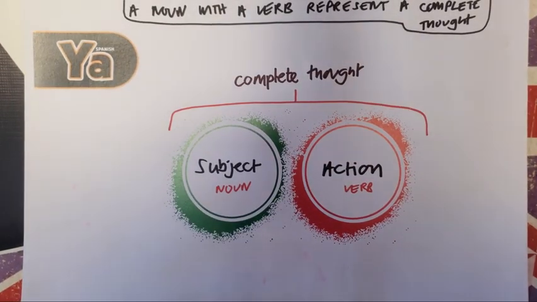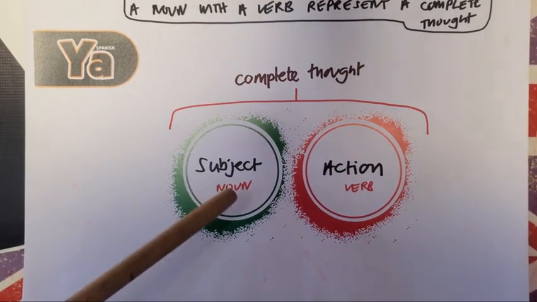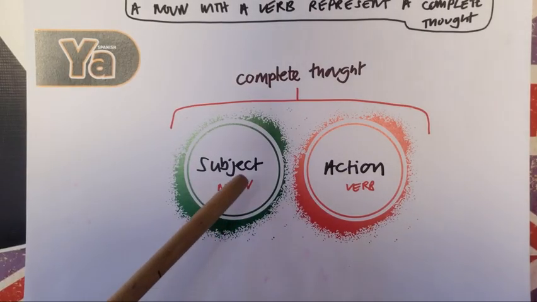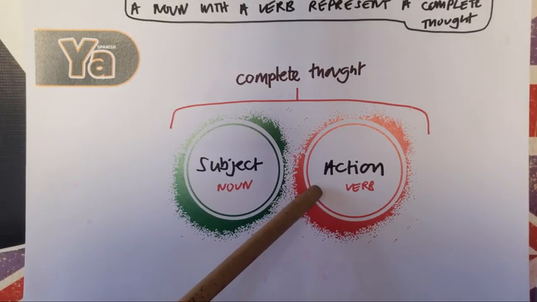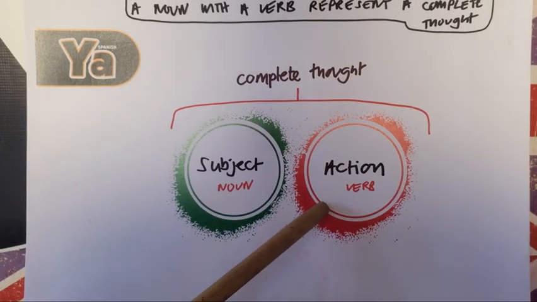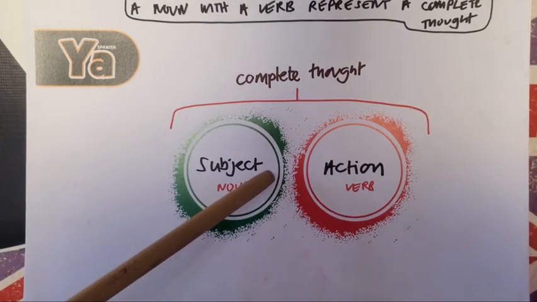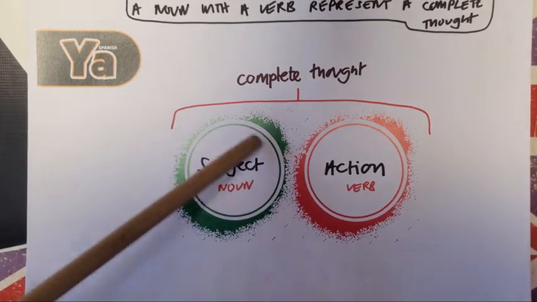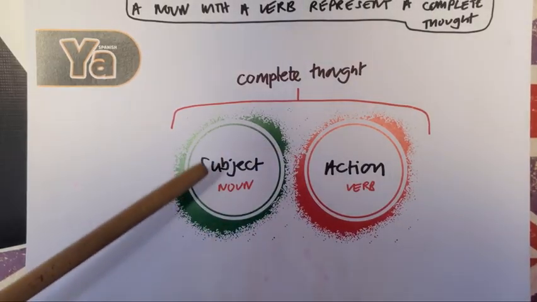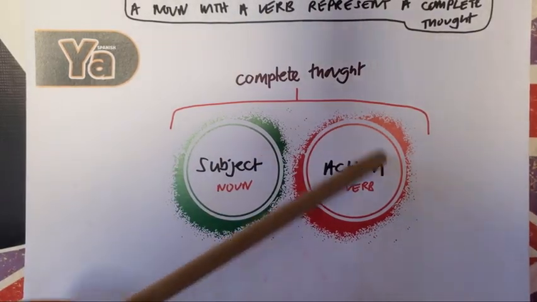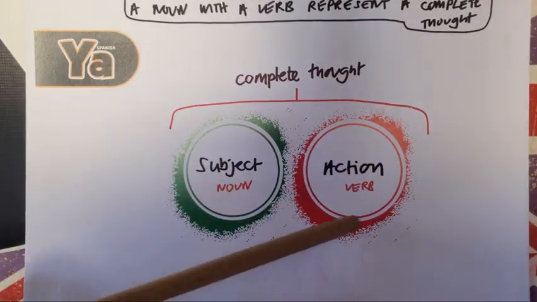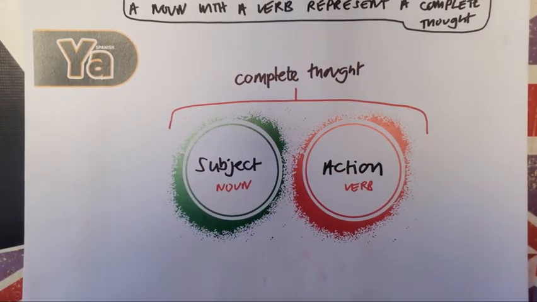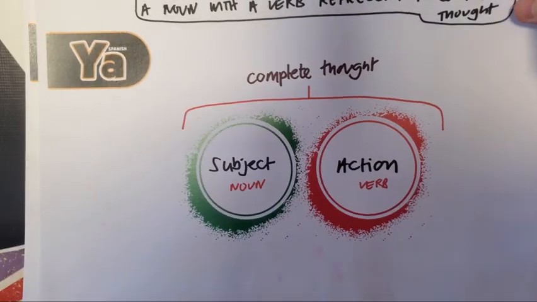Remember, of course, that most of what we say has a subject, for example, Pepe, and it has an action, which, in this case, we've chosen the verb to cook. A noun substantiates an idea. The idea is Pepe. And then we have the action. What is Pepe doing? Pepe in this term is cooking. This is called a complete thought. Most of what we say has a subject and an action. Don't need to know this, but nonetheless,